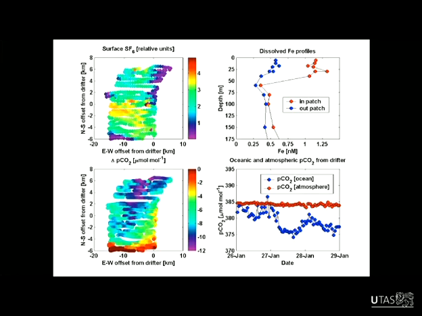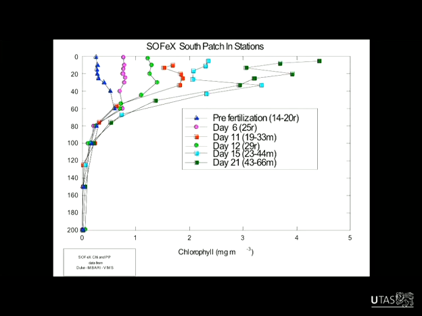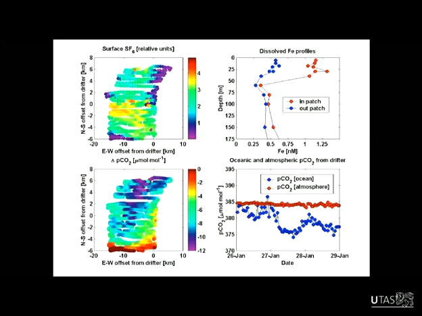discover here. Also, this plot here just shows the iron concentration. The mixed layer was about 50 metres deep, and you see in the fertilised patch we've got higher iron concentrations compared to the control station that we did outside. And then this plot just shows the changes in phytoplankton biomass through time. Each one of these profiles here is going forward a couple of days, and basically we see in the mixed layer, the upper 50 metres, increased chlorophyll concentrations as a result of the iron fertilisation. So the iron fertilisation has stimulated the phytoplankton. I could have also shown a similar plot here for nitrate concentration. They're also drawing down nitrate, and they're sucking up CO2.